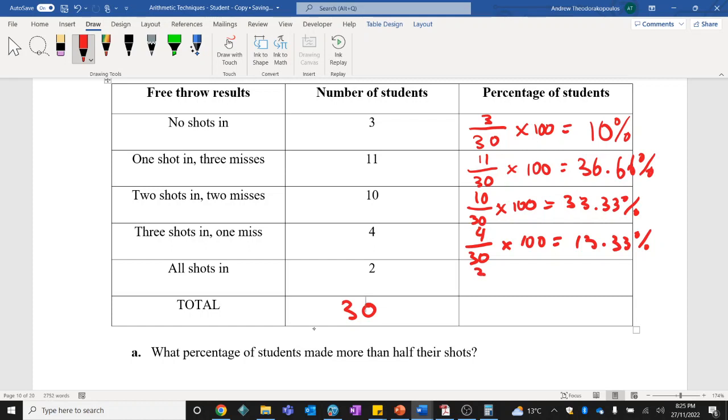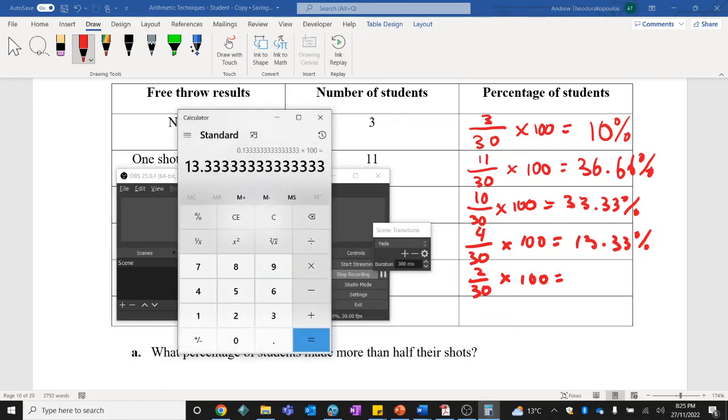And therefore 2 students got all of their shots in, 2 out of 30 of them, times it by 100. And that gets me 2 divided by 30 times 100,